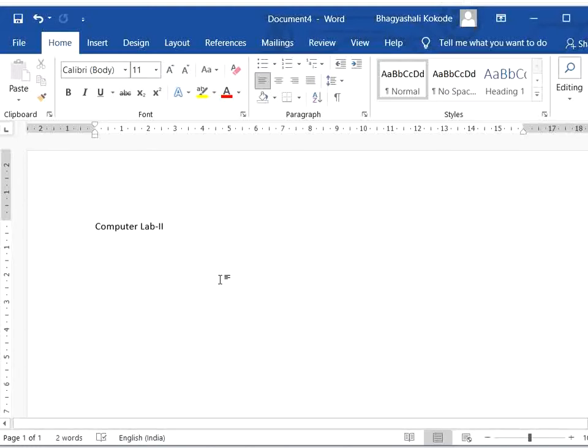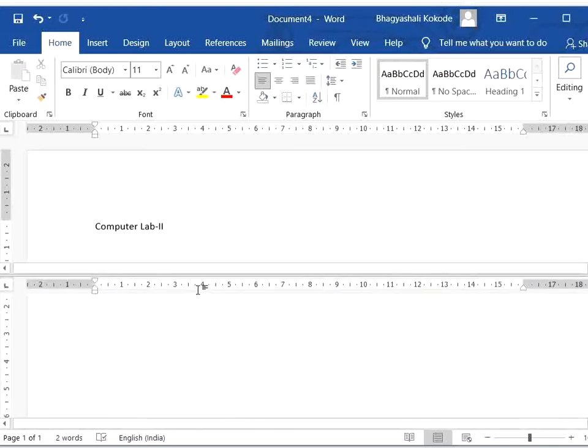Next, we see the shortcut key Alt Control S. Whenever I press Alt Control S, you can see it can split a window or remove the split view. This is the key used for splitting a window.